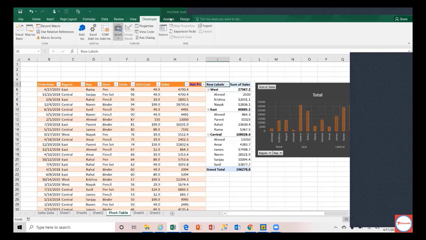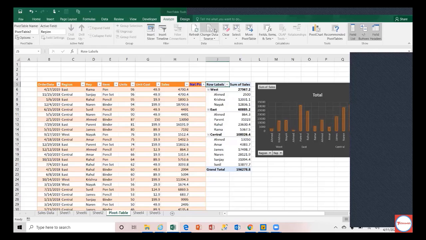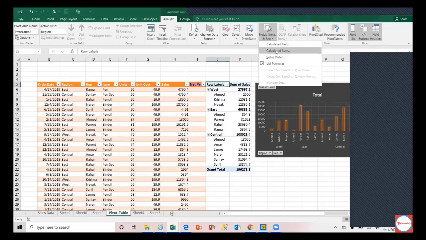Okay. I understood your question. I have not tried, as I said. I think one of the options is calculated field, calculated item. Have you tried grouping already? Yeah, I've tried grouping. Grouping wouldn't work. I think the grouping should help you to do that, because I have seen that option that you can come up with your own customized group. Again, as I said, I have not used it.